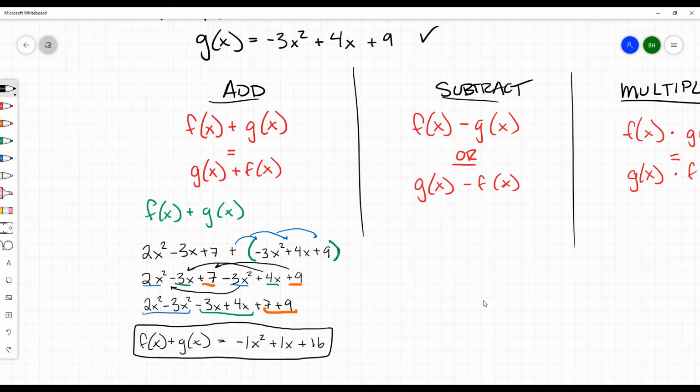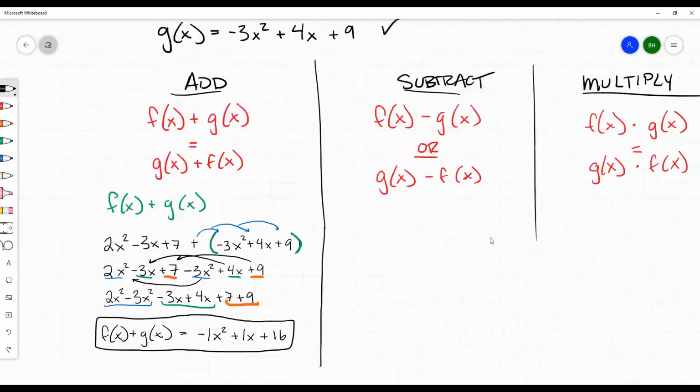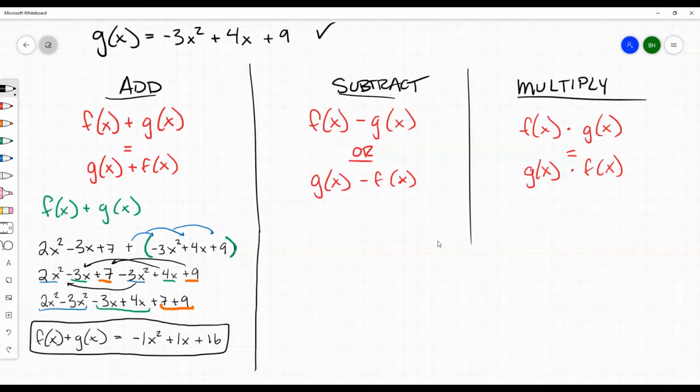Because 2 minus 3 is negative 1, x squared stays there. Negative 3x plus 4x is a positive 1x, and then 7 plus 9 is 16. And you'll get the same exact answer if you were to flip them around and do g of x plus f of x. The piece where it becomes really important that we start using parentheses is going to be here